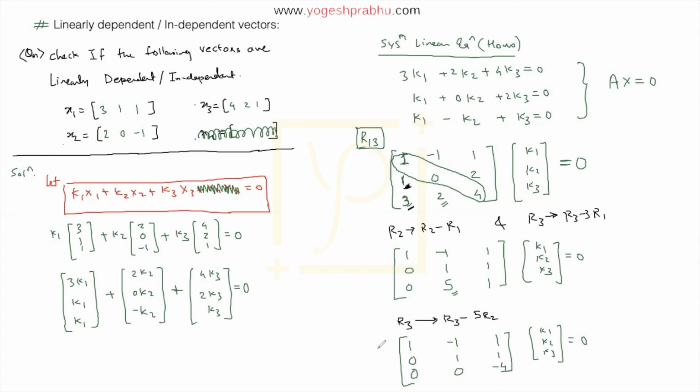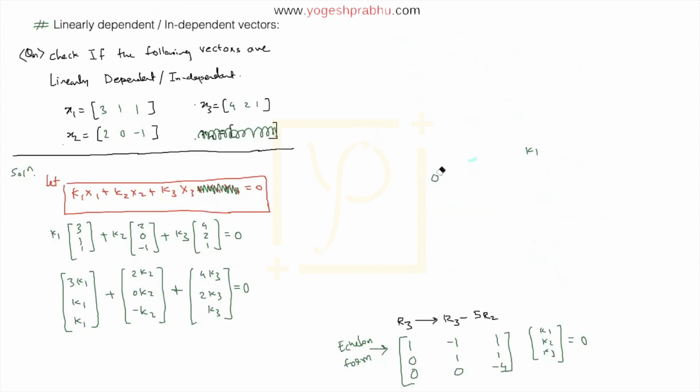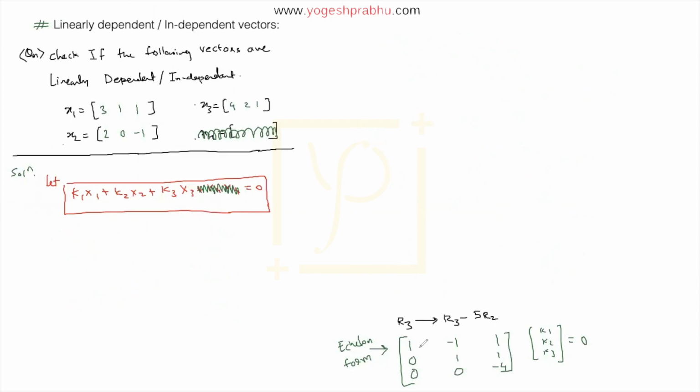So we have already reduced this to an upper triangular matrix form. This is also called the echelon form. Now, once we get it in the echelon form, we have reduced it quite a bit. So we should rewrite all the equations now from this matrix here. So let me make some space for that. To write equations, we will multiply this row with this column, then the second row with the same column and the third row with the same column,